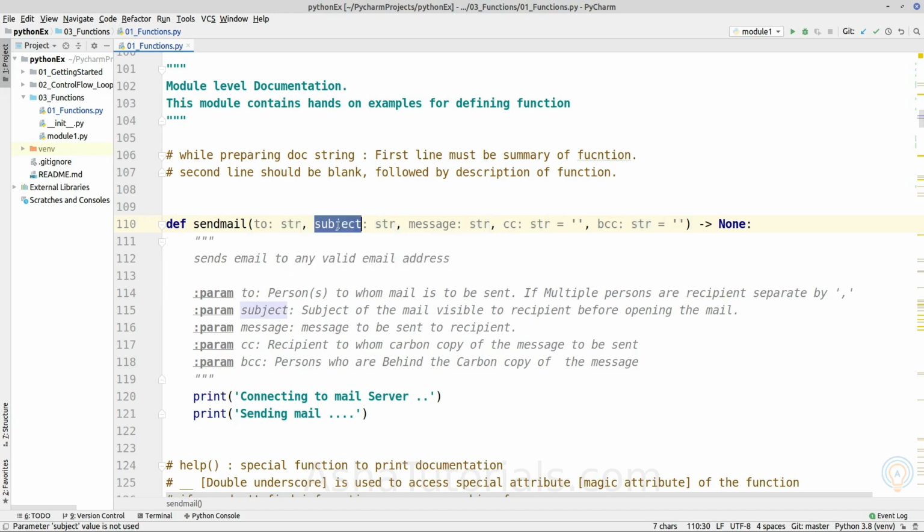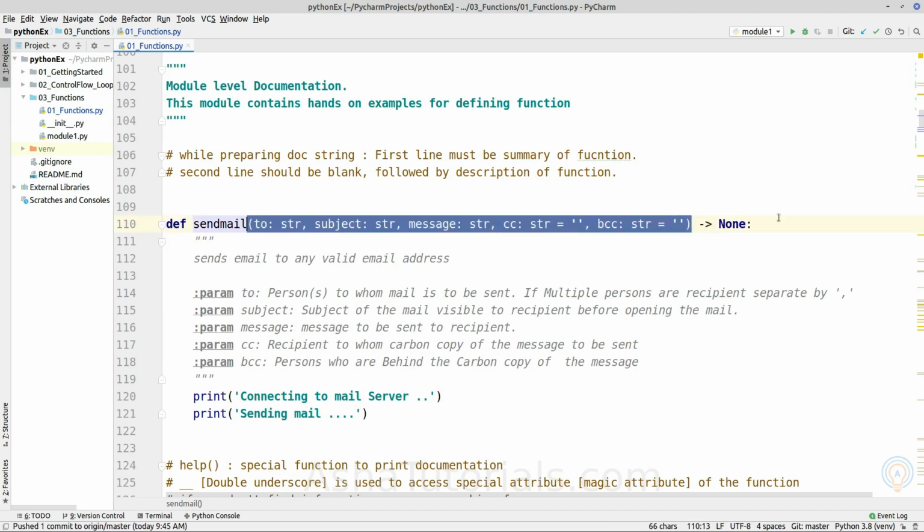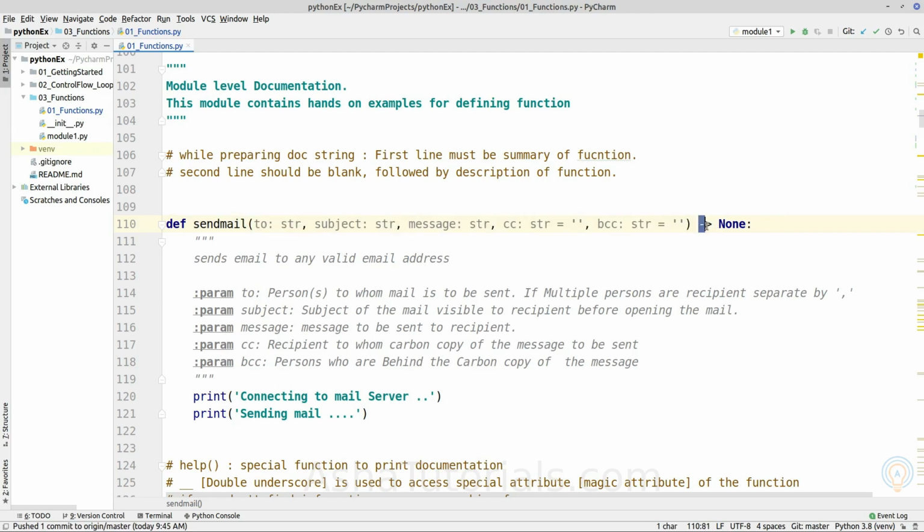The subject parameter also expects the type of a string. So we have just annotated that this is the parameter name and this is the type of value expected by the parameter. And after the parameters we write dash greater than, and after that we write the data type of the object returned by the function.